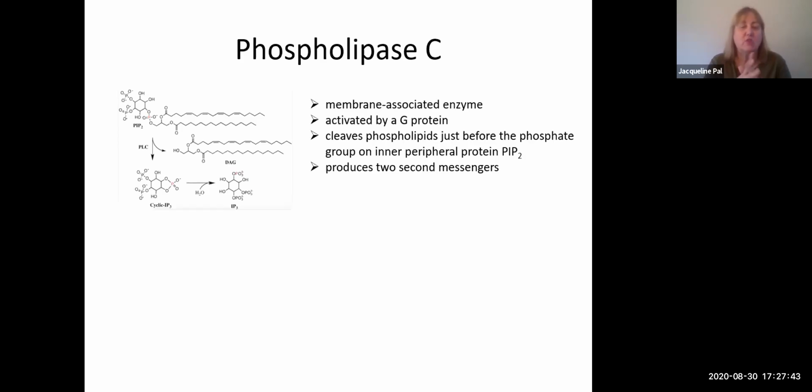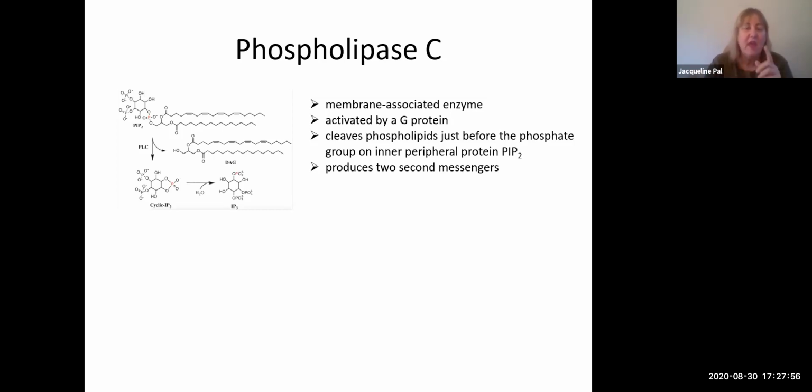So welcome back. Now that we're done with cyclic AMP as a second messenger system, let's learn about a second one which plays a role in many different hormones. And this is one that's going to involve an enzyme called phospholipase C. So this is an enzyme which is on the plasma membrane of a cell,